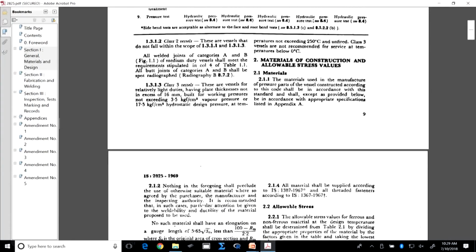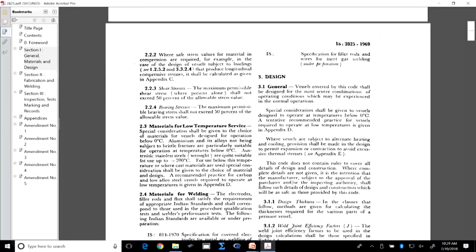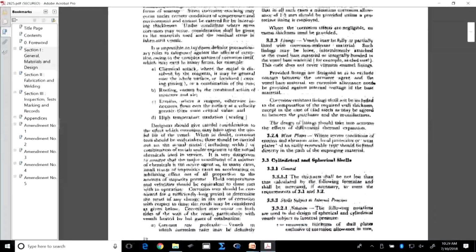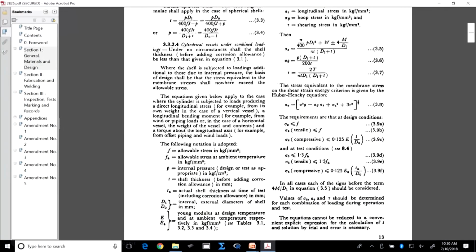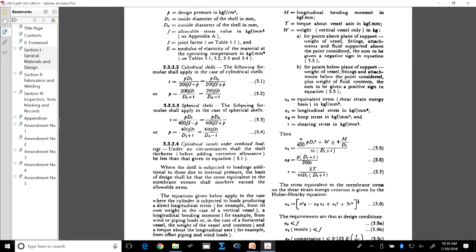There are so many parameters which are given over here. And here if you see, I am having the expression for cylindrical shell, and here the one for spherical shell, where instead of 2 here 200 is available, and instead of 4 we have 400 over here. And why this 200 and 400, we have already discussed in this lecture only. So, in this way you can use these expressions. Now, how you need to see the value of j, you can refer to table 1.1, which we have just seen, and then the f value you can see from here.